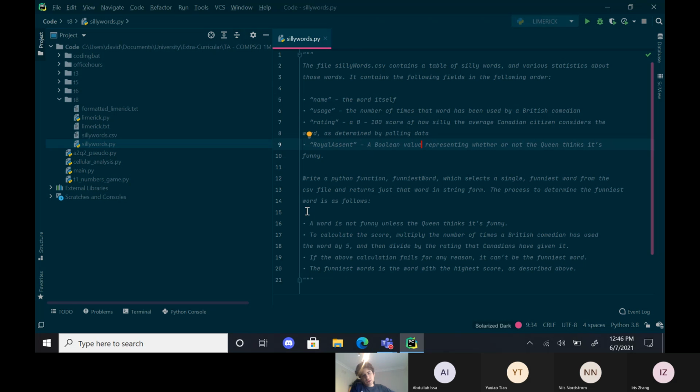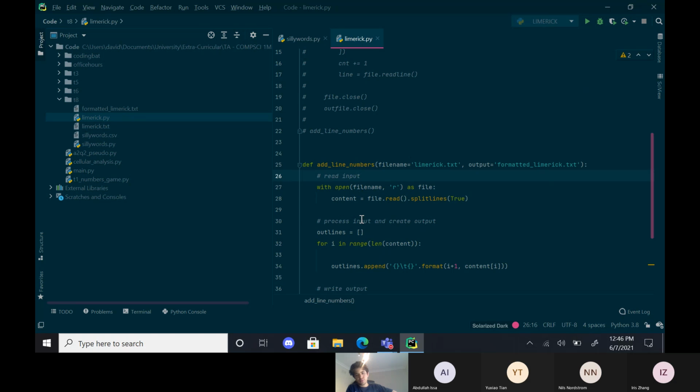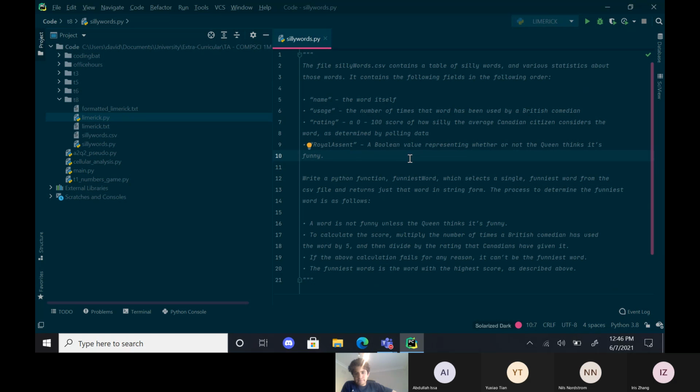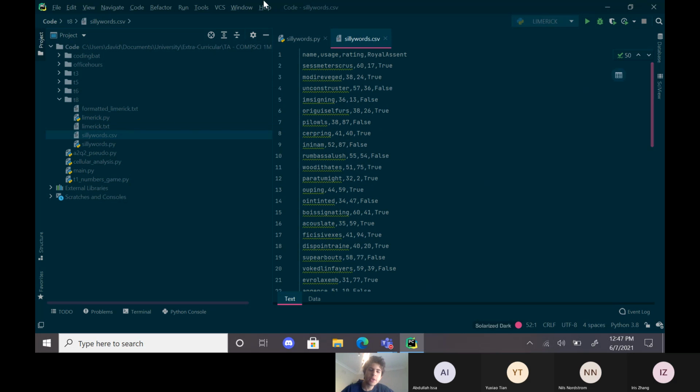And this is a case where it'll actually become really useful for us to utilize this kind of read process output kind of thing. Okay. So let's do this. So first things first, we're dealing with this sillywords.csv. So let's look at the file. So this file has these 4 columns here: name, usage, rating, royal assent. And we can see the first one is some like very odd